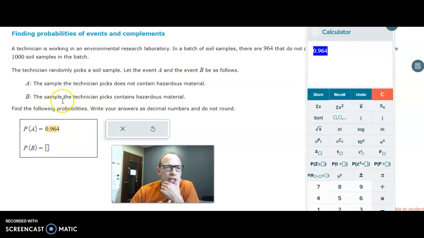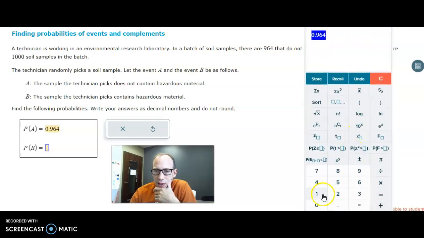Okay, what about the chance that the sample does contain? Well, if 964 do not contain, that means the others do contain. And we could do that a couple different ways. We could do 1,000 minus this, and that'd be the number that do contain it, and divide by 1,000. Or we can just recognize, oh, this is the complement of this event, so it should be,